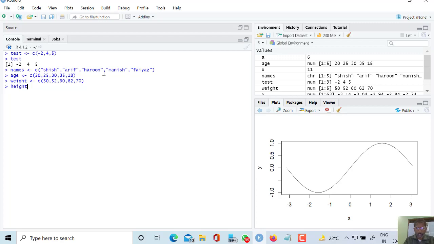Suppose I am writing height: 167, 166, now it is 171, 165, 180.